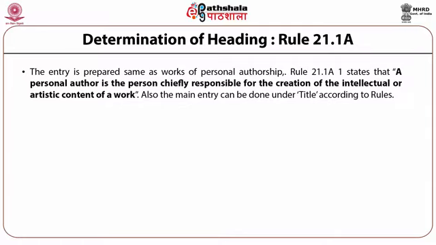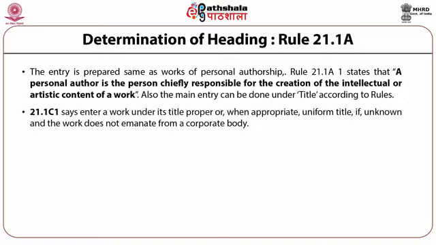Rule 21.1A: an author is the person chiefly responsible for the thought content or creation of the intellectual or artistic content of a work. So the person who is responsible for that work is the creator, and you can very safely make the main entry under that heading. Then all other information is the same as I told you in the case of cataloging material, but